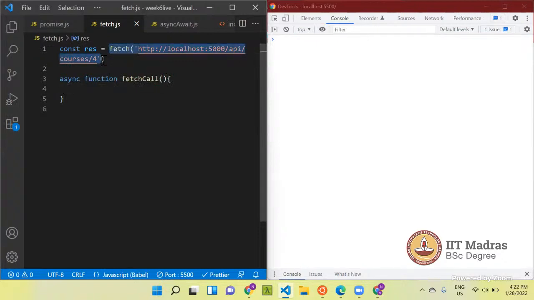The fetch request returns a promise, so we can use the await keyword because we are using the async keyword. Response is equal to await, and then I will use fetch here.